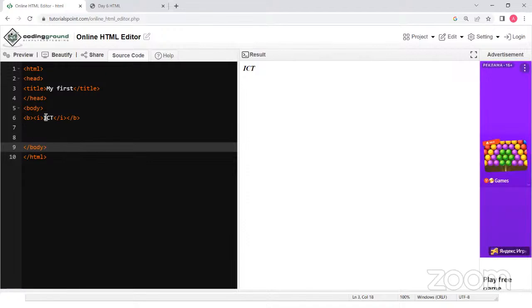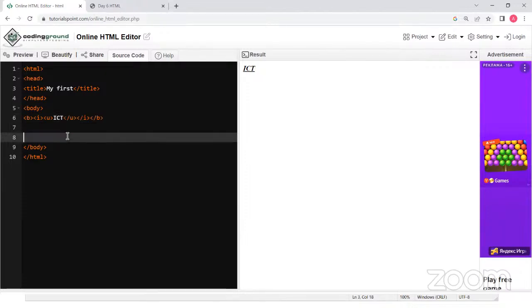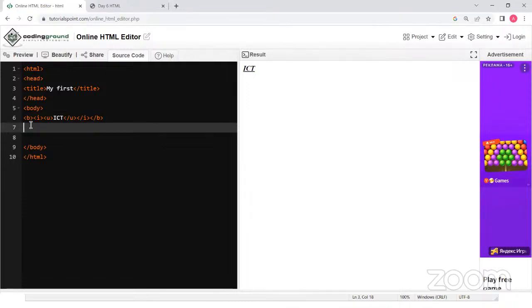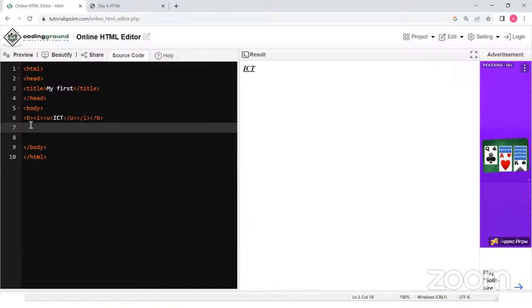If I put another one, that is called underline, U. And when I'm closing, you have to close the tag which you opened last first. So bold, italic and underline are given for the word ICT. So underline, italic and bold I have closed in that order, right? Now, if I take something like this, S for strike through,